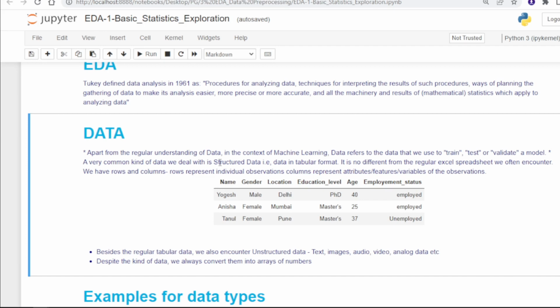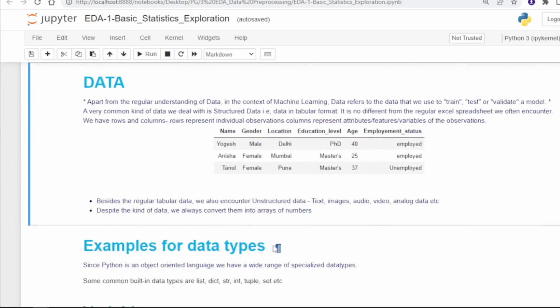A very common kind of data we deal with is structured data, in a tabular format, and it is no different from the regular Excel spreadsheet we often encounter. Here you can see a simple example of structured, or tabular, data. From this data we can validate, test, or train our model, right?